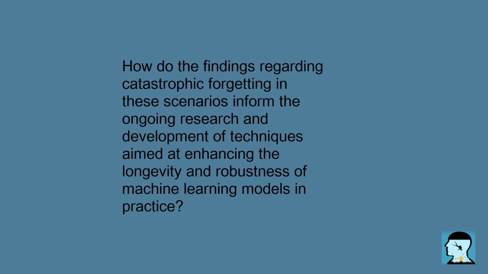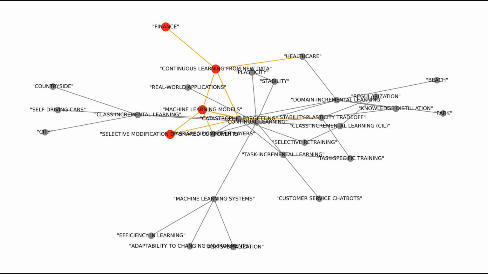How do the findings regarding catastrophic forgetting in these kinds of scenarios inform the ongoing research and development of techniques aimed at enhancing the longevity and robustness of machine learning models in practice? The findings regarding catastrophic forgetting in the different scenarios of continual learning provide valuable insights that shape ongoing research and development in enhancing the longevity and robustness of machine learning models. One, understanding the stability-plasticity